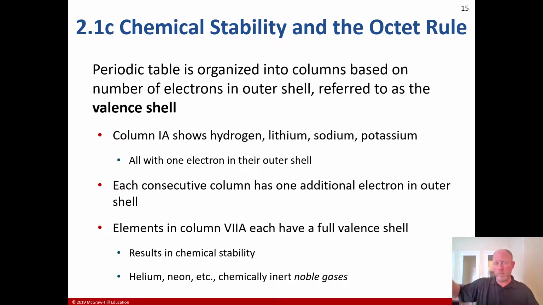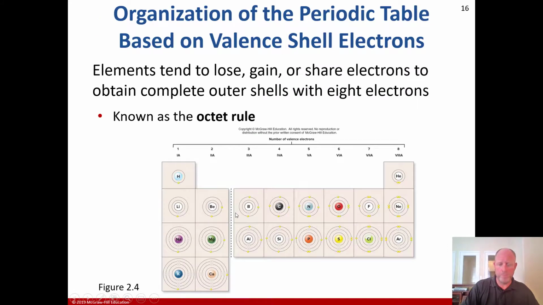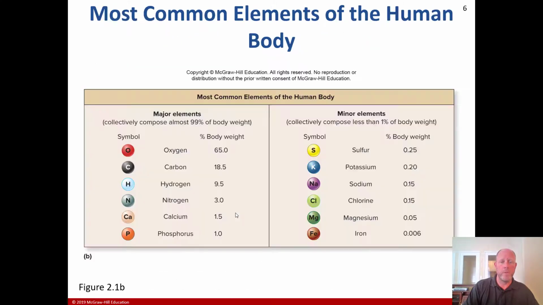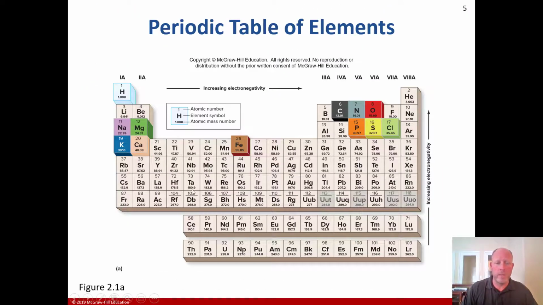So as you go to the right in terms of columns in the periodic table, you still have that balance of the protons and electrons, but they're increasing in atomic mass, increasing in the number of protons and thus electrons. But by the time you get to the far side, we essentially have more chemically stable elements, often referred to as chemically inert noble gases. So I'm going to go back here to that table. When you have the far right side, all of these columns over here, this column here is more chemically stable